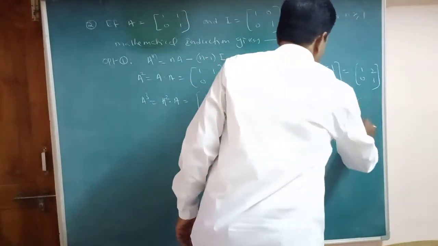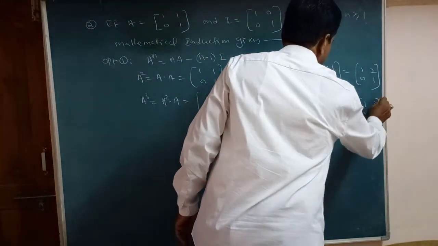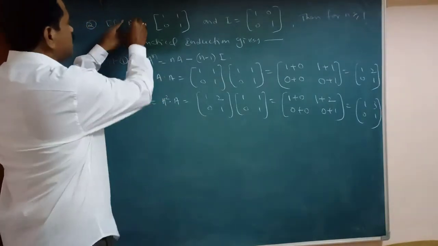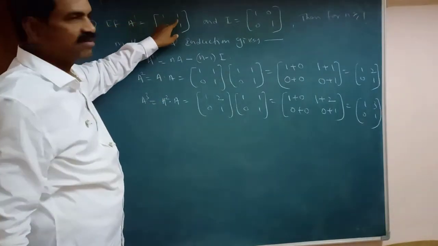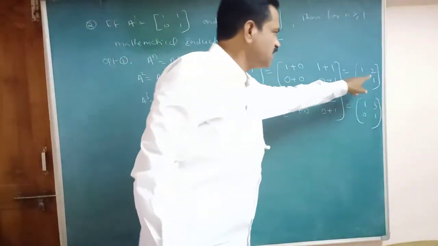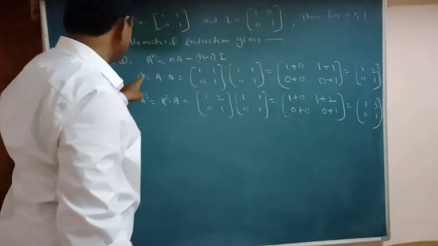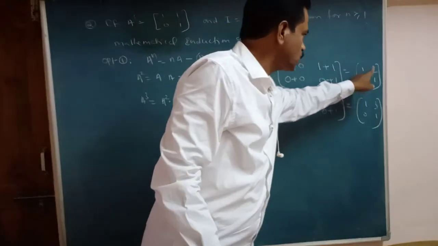So here you observe, what are you observing? [1, 3; 0, 1]. For A power 1, this value is 1. Which elements are changing here? The a12 element is changing. If it is 2, you are writing here, n equal to...